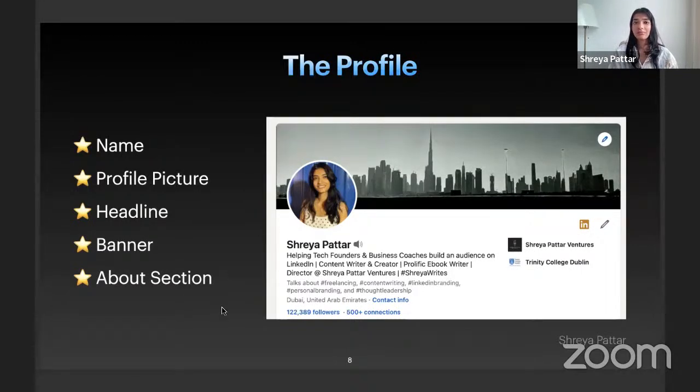So when you're creating your headline, make sure the value proposition is very clear. If you're a freelance content writer, make sure that comes through. If you work specifically for Instagram, make sure you write that. If you work specifically in web development, make sure you write that. If you work in video editing for YouTube, make sure you write that. Your first line should be about what you do and who you help. Basically, what value can you add to whoever is seeing your profile. That's the bottom line. And then, after that first line,